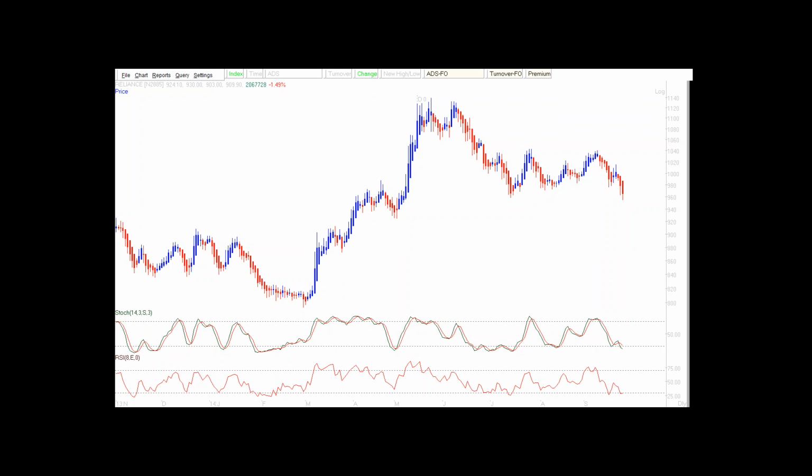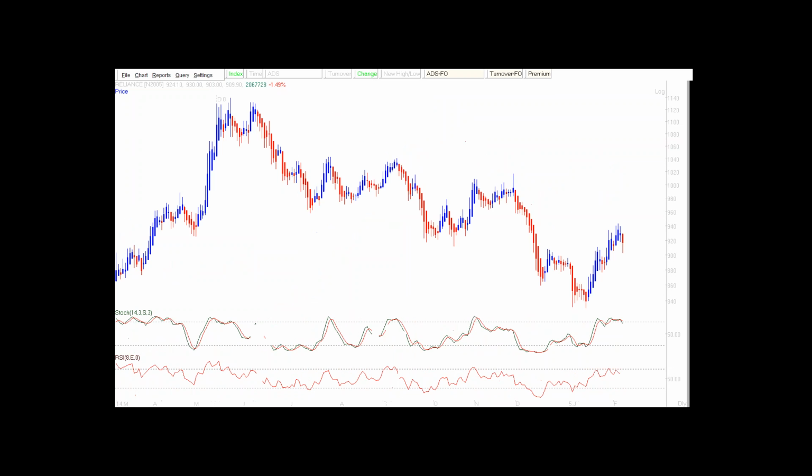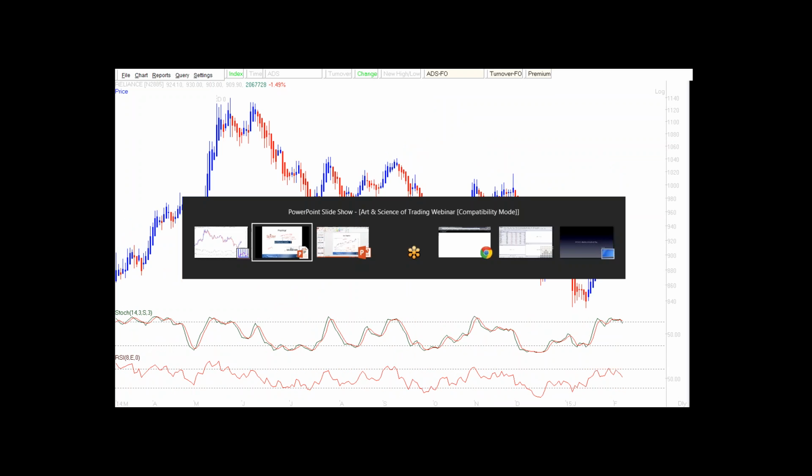This is where a hidden divergence lies. And this is the place where you do a swing trade. This is where the chart screams at you and says that this is the place where making a low risk long trade makes much more sense. And this is what pans out. So as I said, if you're trying to buy into this, you're a contrarian trader. But if you're buying this, you're a swing trader. We have to find out what suits us. For that, we will be going through the psychology aspects of the course in Art and Science of Trading.